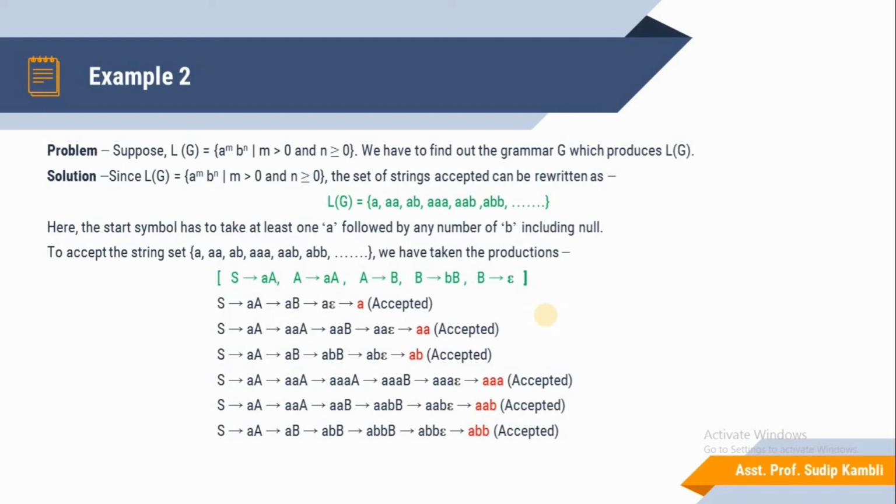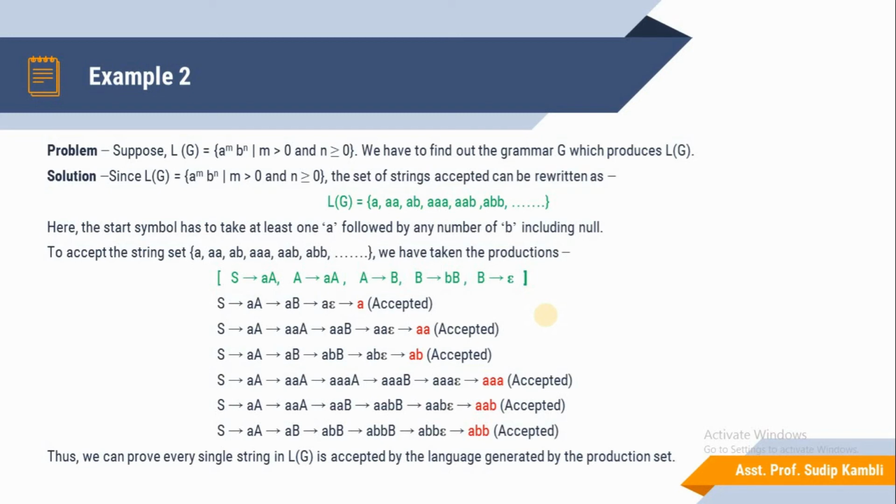Then B is replaced by bB, the terminal symbol b attached with the non-terminal symbol B, so a new production abbB is created. The same production rule is applied again to the newly generated production set, giving abbbB. Then B is replaced by epsilon, so a double b is attached with epsilon, and the string a double b is accepted. The language strings we created will be accepted by using those production rules.